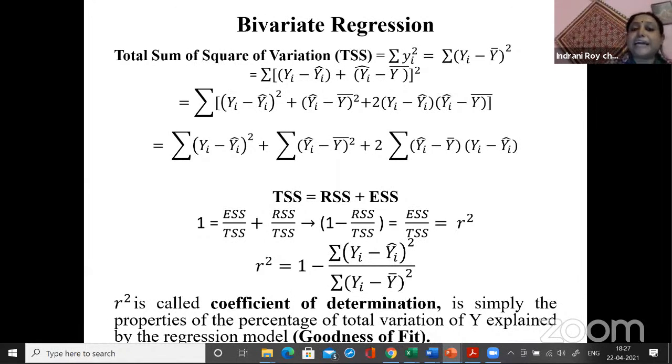But apart from that, there are 2 other sums of squares. One is the total sum of squares, and you define it as yi minus y bar, and if you take the summation of the squares of this, you get the total sum of squares. So for each of your n observations of y, you just take the deviation from its mean: y1 minus y bar, y2 minus y bar, and this way yn minus y bar. Then you take the squares of the deviations and take the sum, and you get the total sum of squares. Another term is called the explained sum of squares.